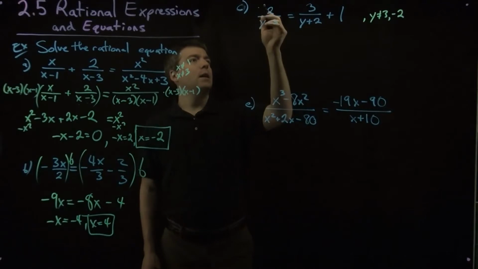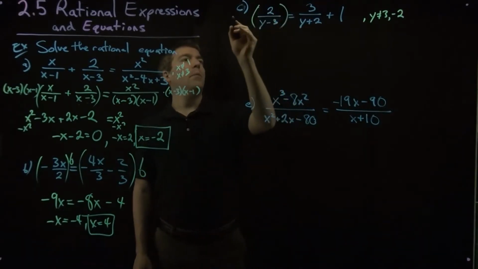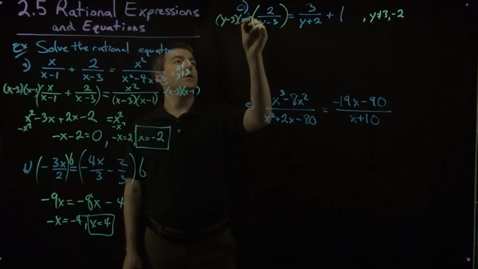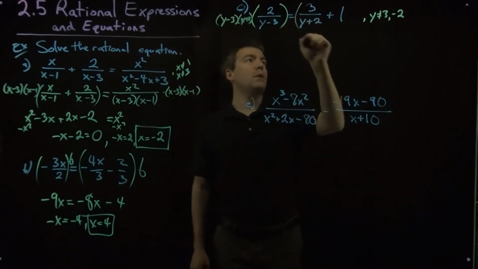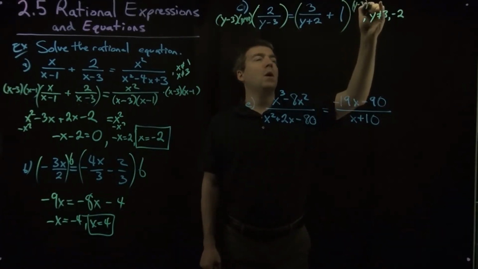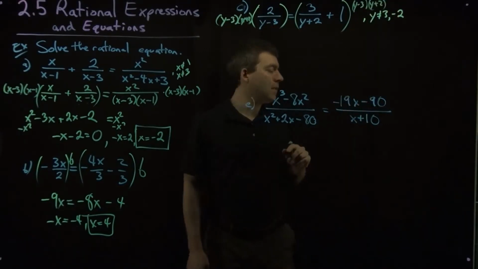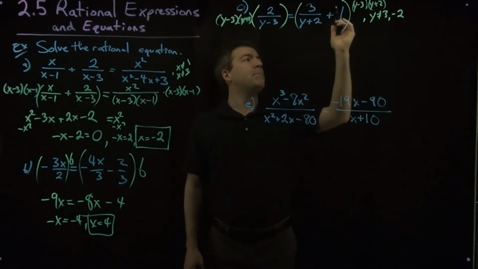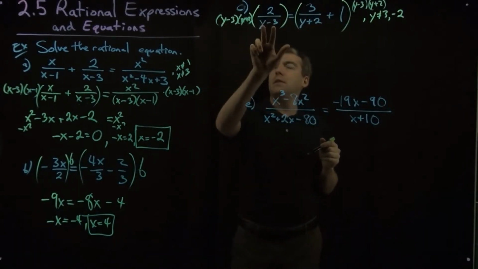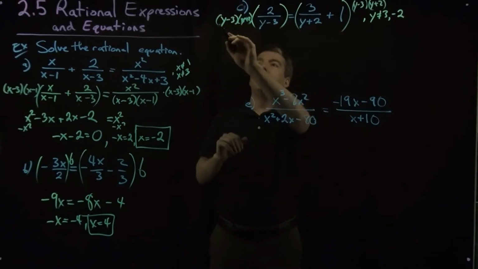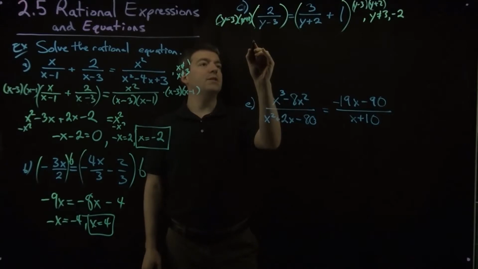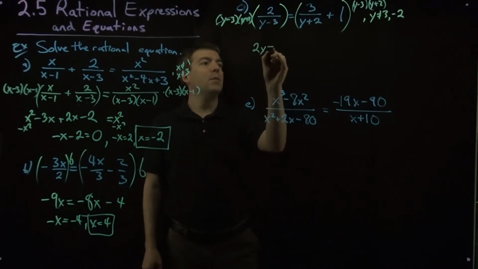Okay, so let's multiply both sides by y minus 3 times y plus 2. This side over here, y minus 3 times y plus 2. Okay, and now we will distribute those in. So y minus 3 divided by y minus 3, those are going to go away. And we take y plus 2 times 2. So that's 2y plus 4